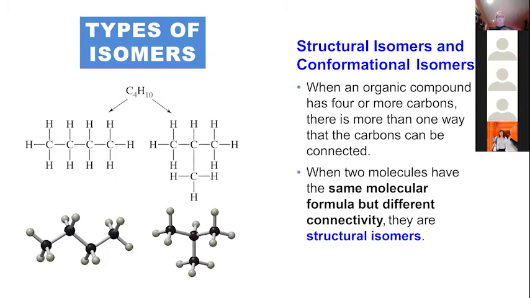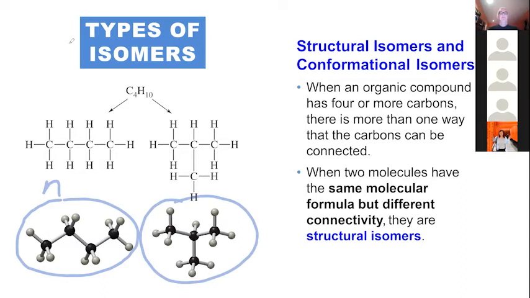there's also different types. This just gives you another example, a different example, same thing. It just shows you that the shapes of them are different. So there's our friend, again, all in a line. Remember, when it's all in a line, we call it n. And when it's broken up like that, if there's 3 of them, we call it iso. So those 2 are structural isomers, but they're not the only kind